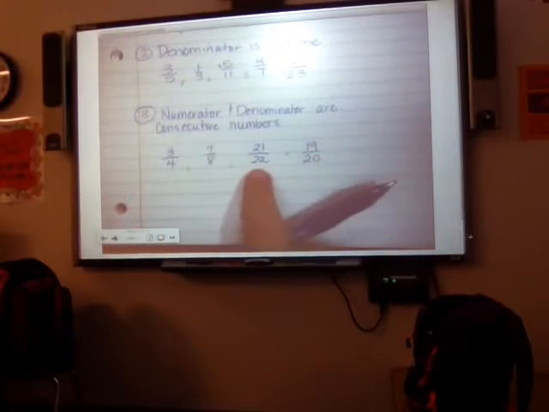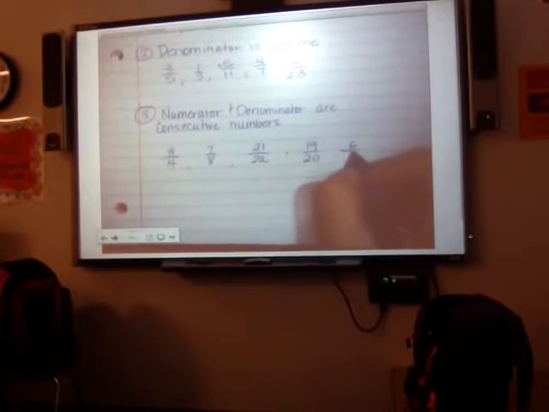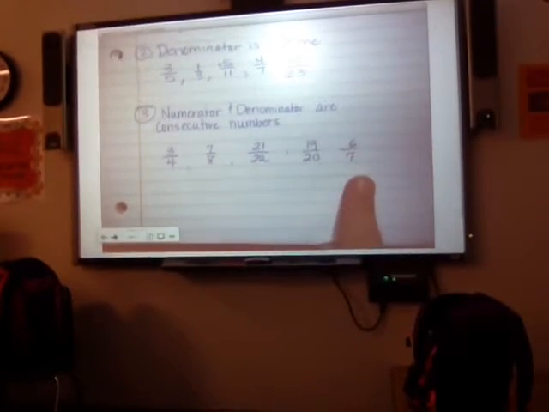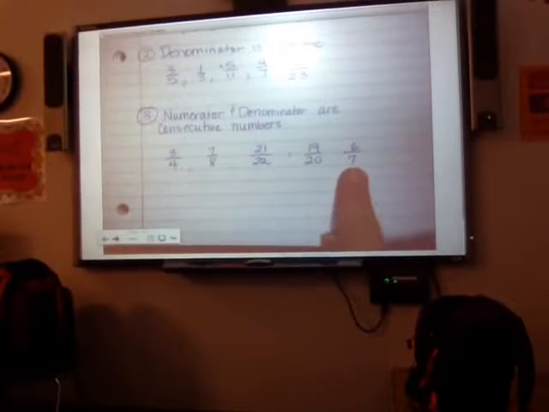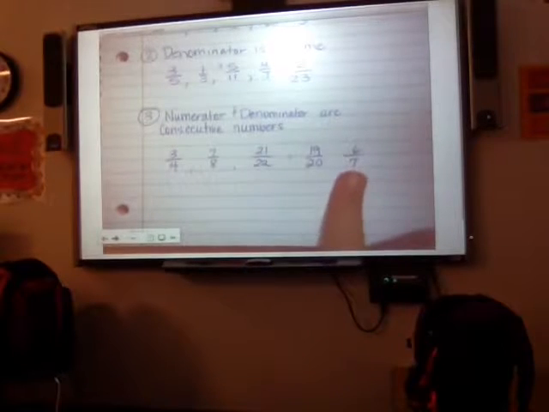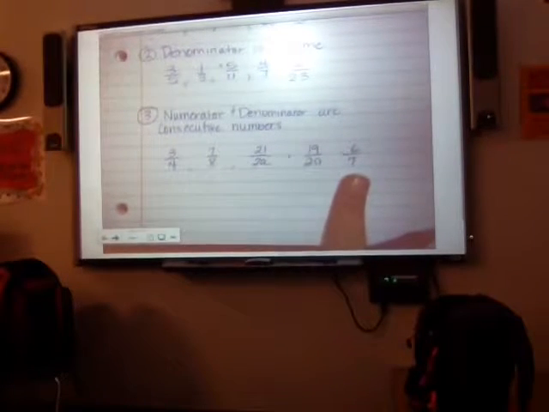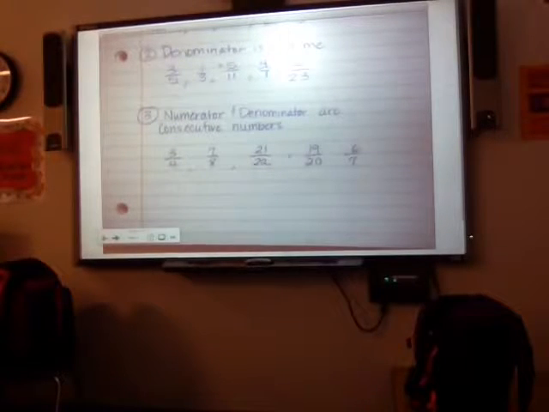So even though I have even numbers on the bottom on all of these, it doesn't matter. This one works because why? Why does the 6/7 work? Other than the fact that it's consecutive. Cassie. Okay, but why? No, but why is this also a reduced fraction? Other than the consecutive rule, what else makes it? Allie. Because 7 is prime. Good. 7 is prime. Then finally, there's an instance, ladies and gentlemen, where they just don't